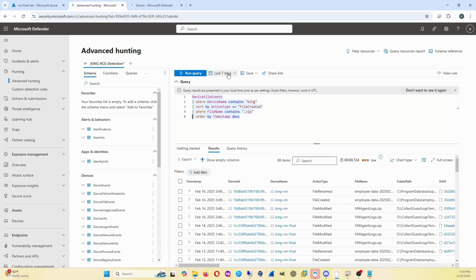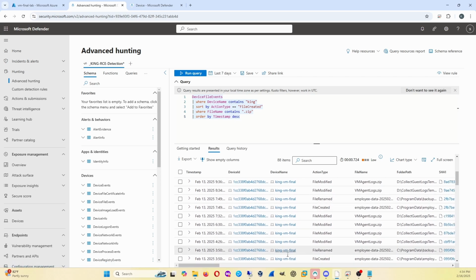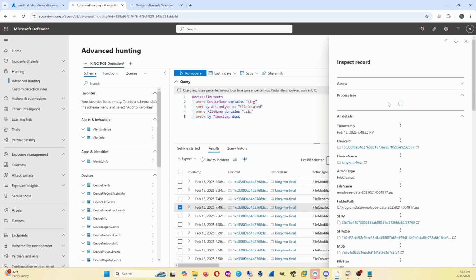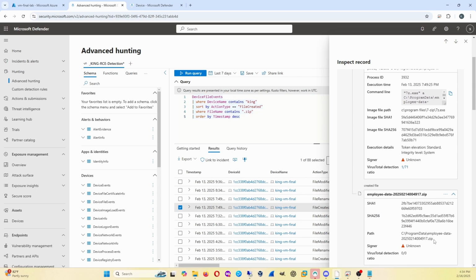And I'm setting this to the past 7 days because I did this write up a few days ago. I just didn't make a video about it. So I need a broader time span here. But you can see that there is a file created on the day that I have this written up, and it is employee data. If I click this to open it, you can see employee data.zip was created in this path, and it was actually done so